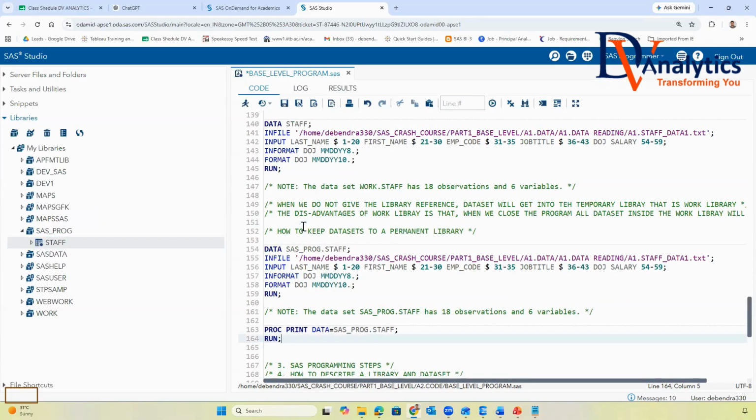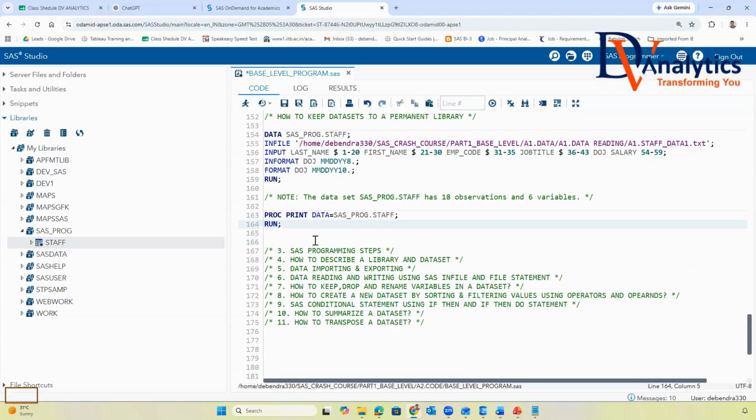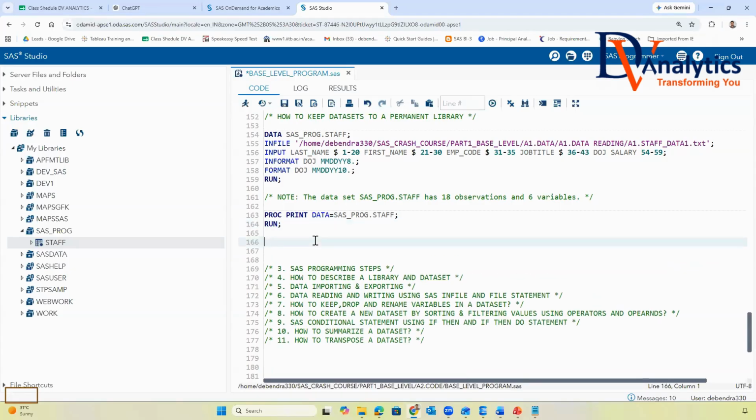Yes, sir. How to go for creating a library and how to give a reference to your datasets to go to the library? Is this clear to all? Yes. Right. Now, guys, what we'll do here, let's understand